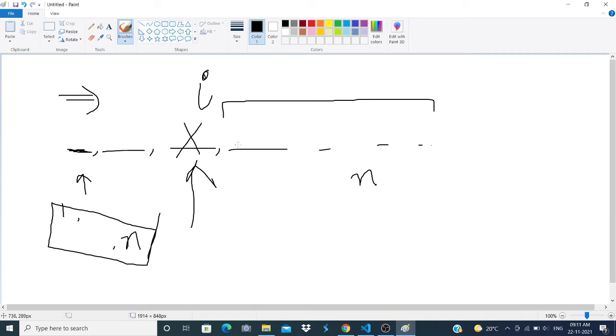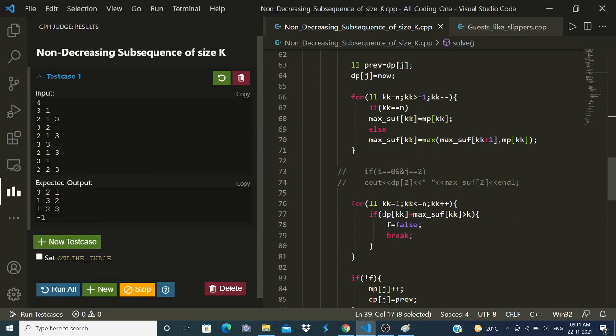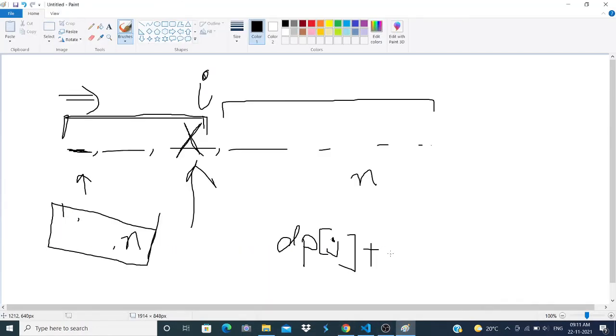So basically, if I am putting a number x over here, I just make sure that dp of j plus the maximum suffix of j is lesser than or equal to k.